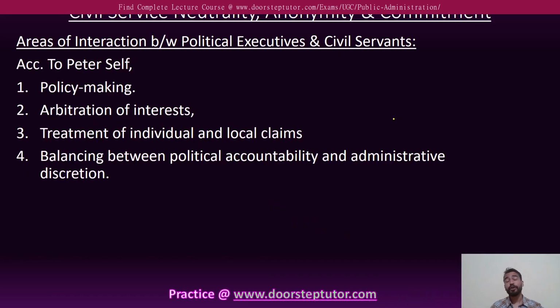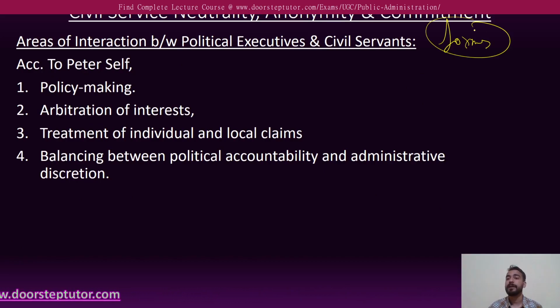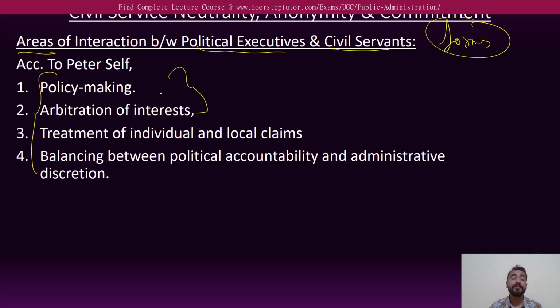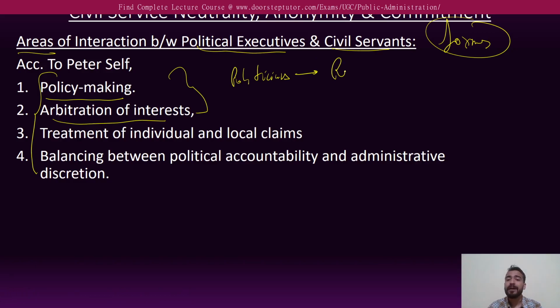Now, according to Peter Self, there are certain typical forms of interaction between the political executives and the civil servants. He has identified 4 major areas of such interactions. In the first 2 areas, that is policy making and the arbitration of interests, he says that the politicians possess the formal responsibility,